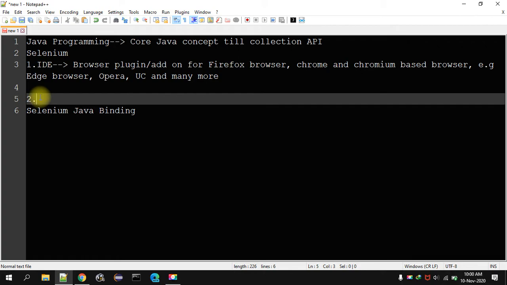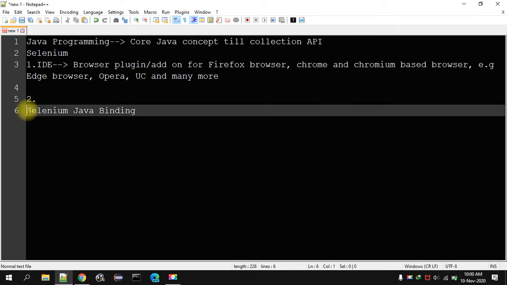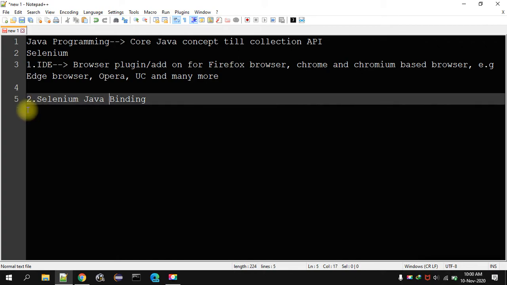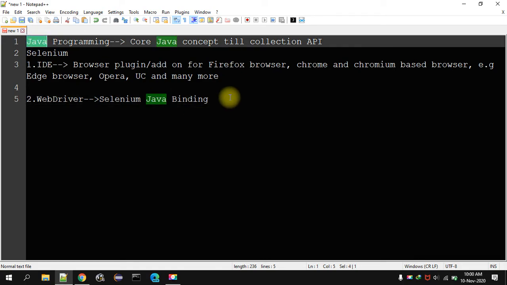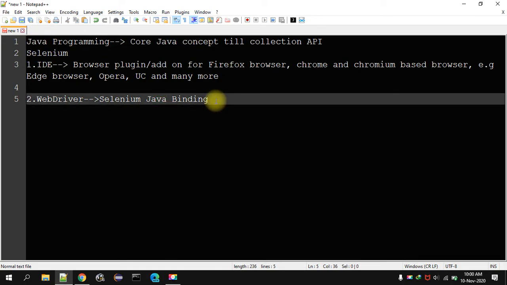Now second, we have the Selenium Java bindings. That is nothing but the WebDriver. This is typically used to automate the browser via Selenium Java bindings. So here we have to write the Java code. The same logic goes for the different bindings.